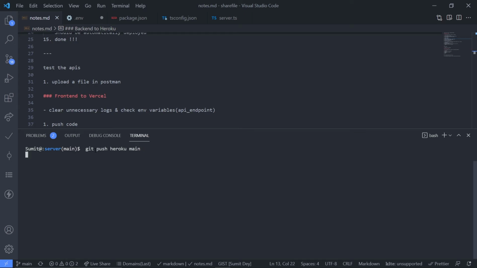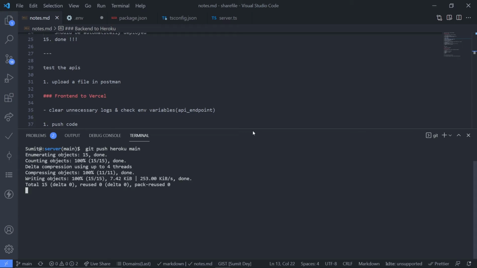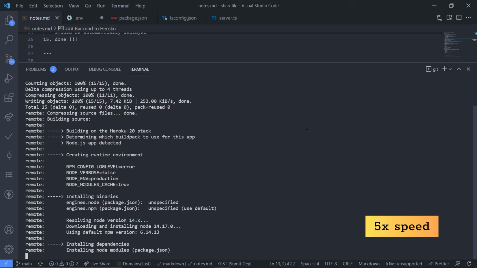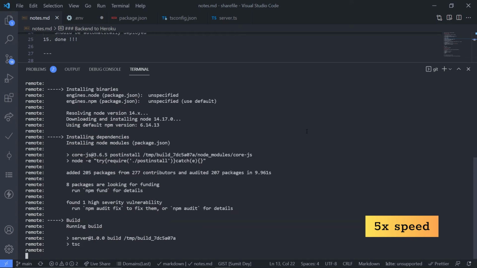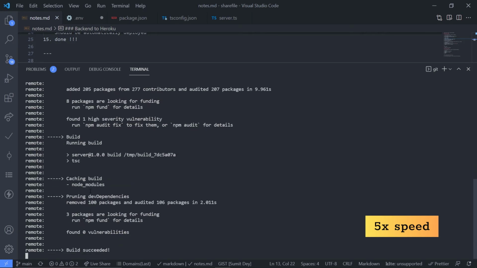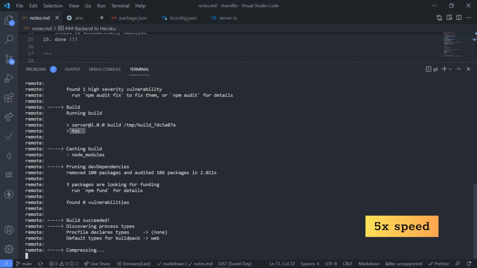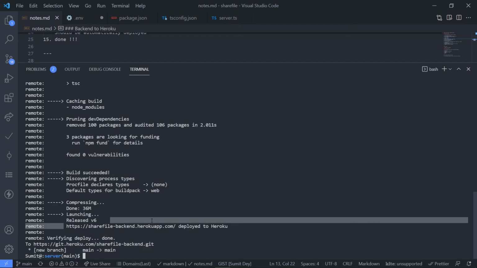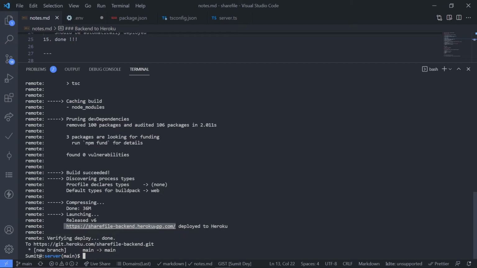And then press enter and look at this. So basically I'm pushing the code to the main branch, which is connected to Heroku, so it will build our project. npm install done, it is building the project. Look at this, a command, this is tsc, wait, tsc, verifying deploy, and this is done, and it has given me this URL. So just press Ctrl and click,